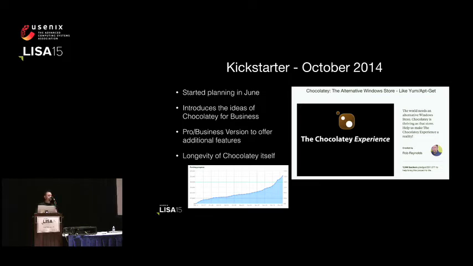And we wanted to do that not just to say we want Chocolatey to stick around for a while, but also because we want to offer some additional features that are much more lucrative and apply better to businesses. So like the ability to do virus checking on the fly. And the ability to say, you know what, there's a package out on chocolatey.org that I would like to have,